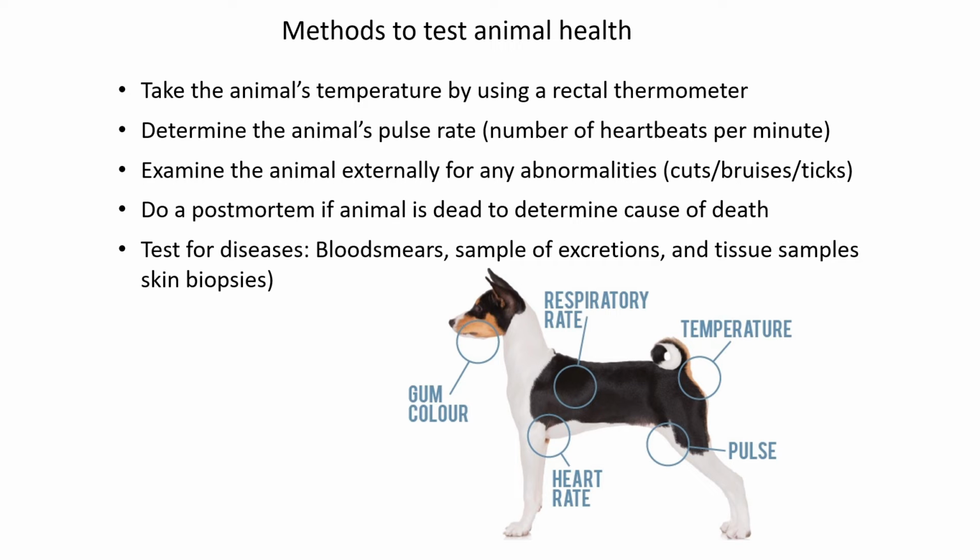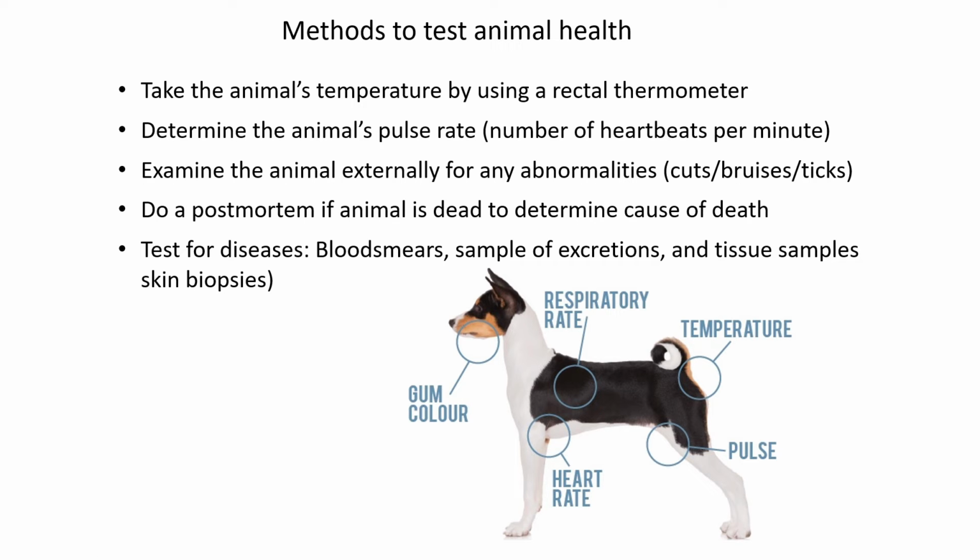So firstly, how to test an animal to see if it's healthy. You usually take the animal's temperature, and usually it's done by a rectal thermometer. So you can imagine it's sometimes difficult depending on the animal. You can't really put the thermometer in the mouth of the animal, because sometimes they can either swallow it or bite it and break it. So the best way of doing it is to put it into the behind of the animal. And this picture shows us again, to take the temperature of an animal, usually in the rectum. That is where you put the thermometer to get the most accurate reading.